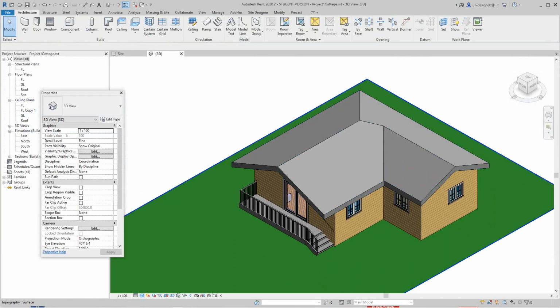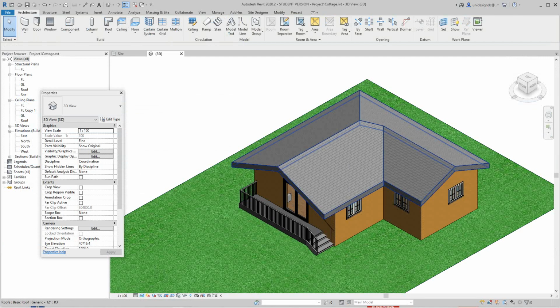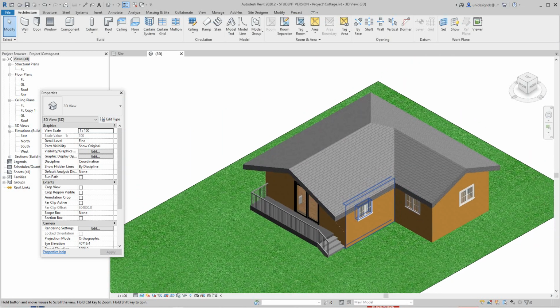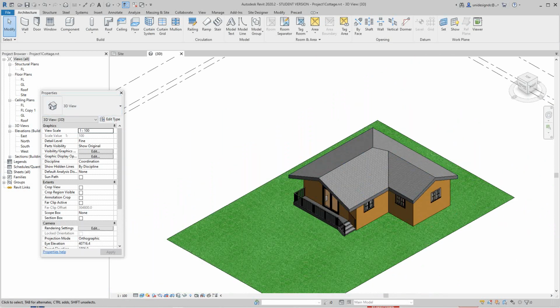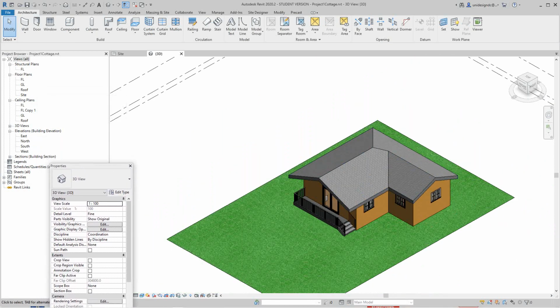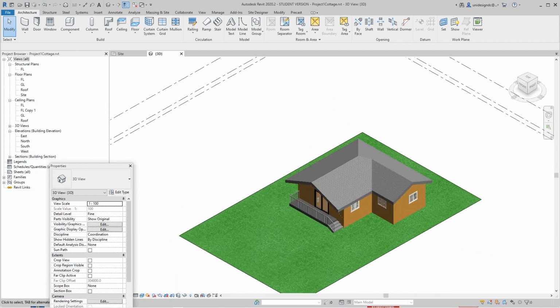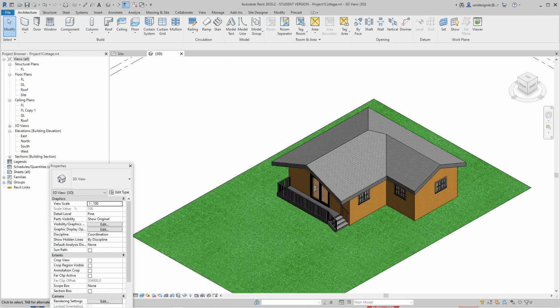If I look at this realistically, there's our shingles. So now let's go into our site plan and look at how we want to do our road, our driveway and our sidewalk. This is basically what's going to happen. We'll go into our site,